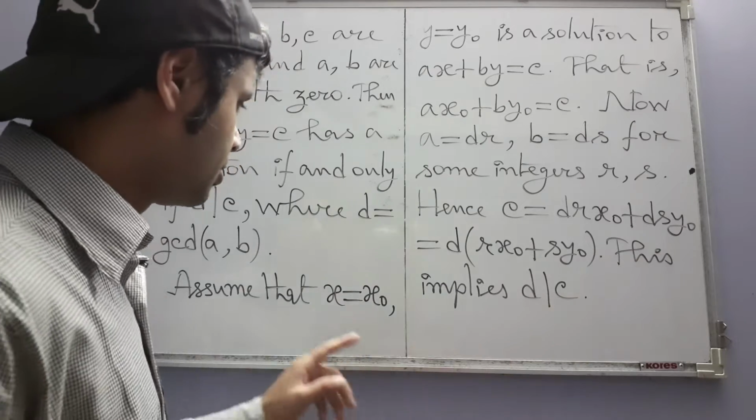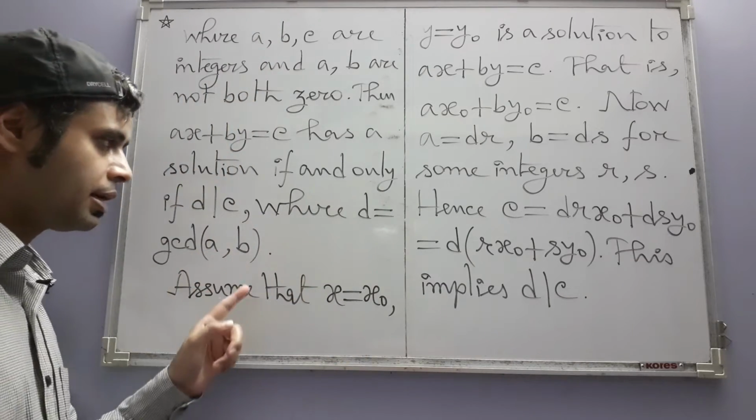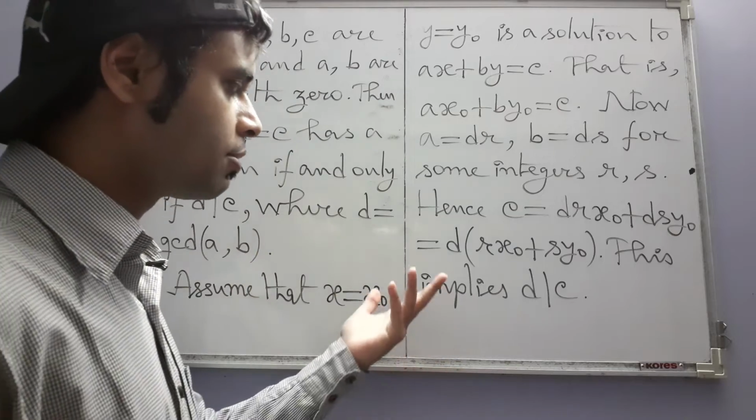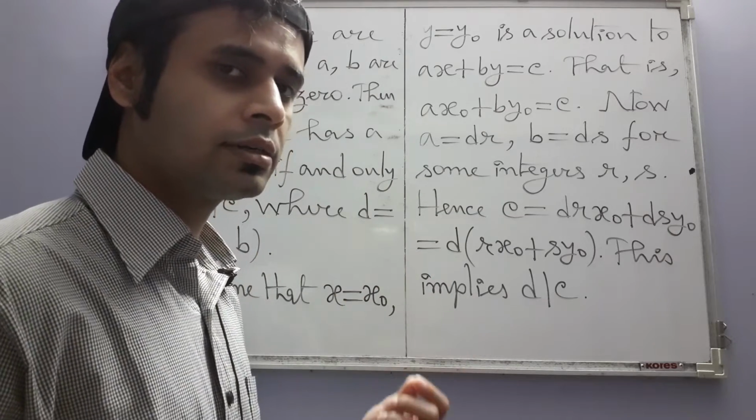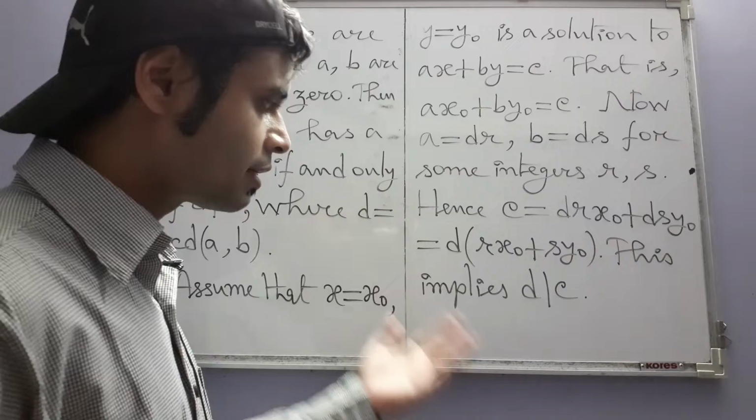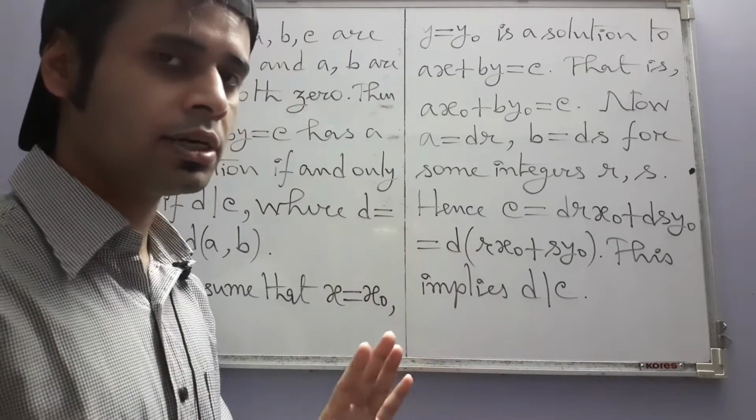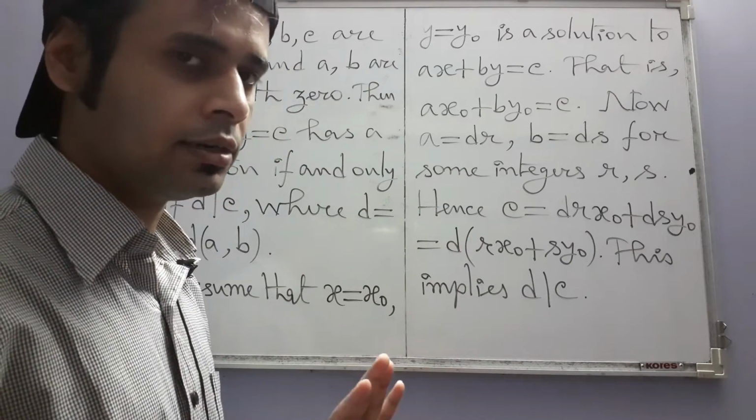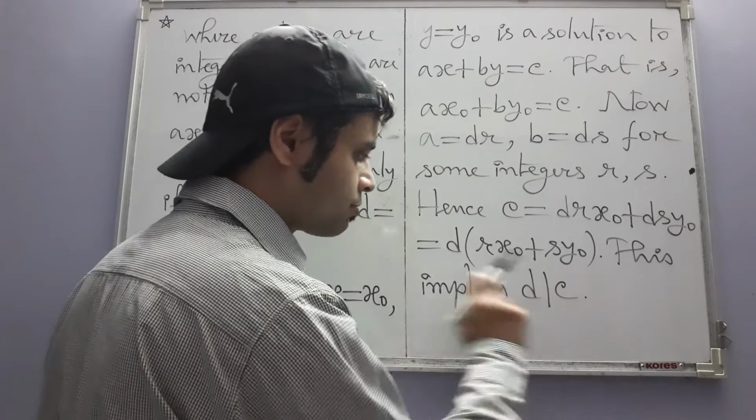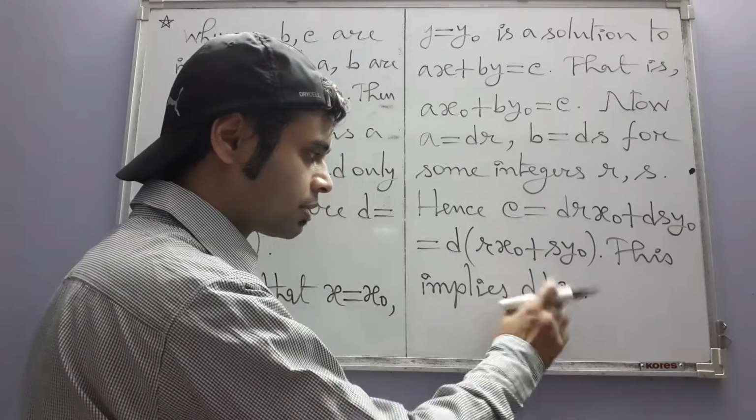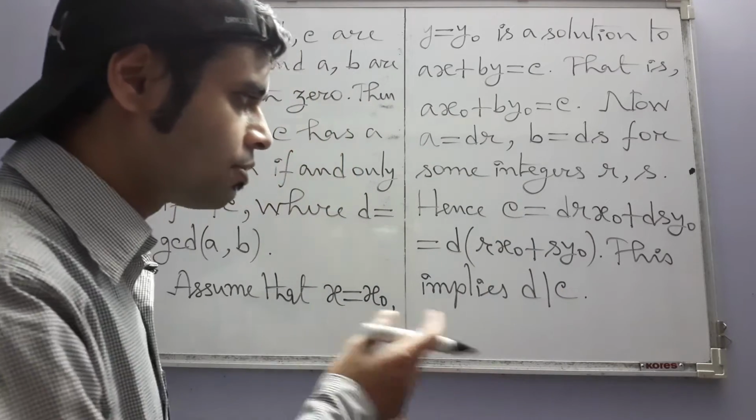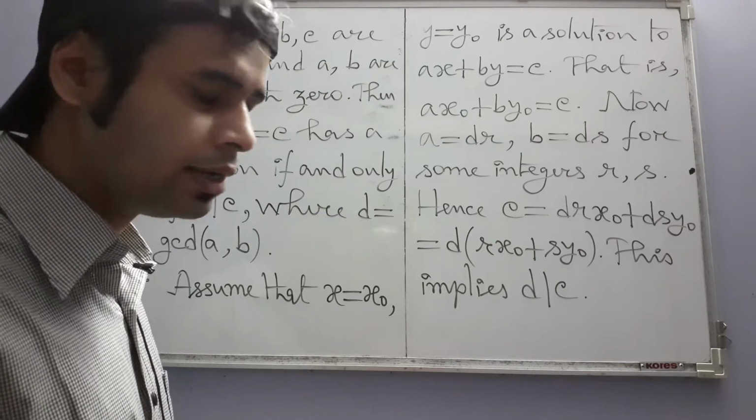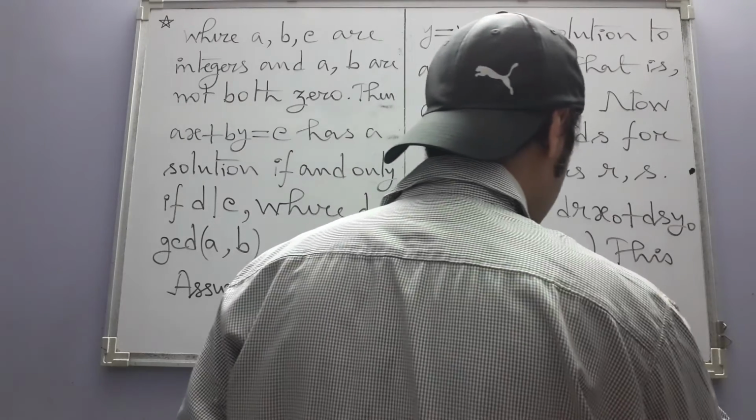Why? Because d is the GCD of a and b. So by definition, d is not just non-zero. d in fact is a positive integer. Whatever it is, it is never equal to 0. It is also not negative. So that's why now we can conclude from this equation that d divides c. But this is only one half of the claim. Conversely,